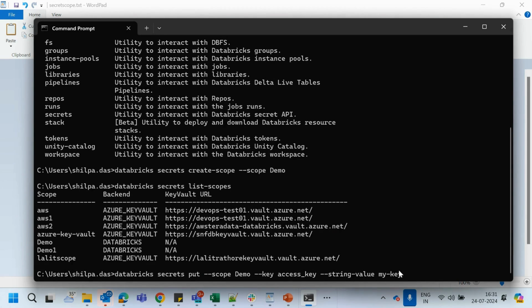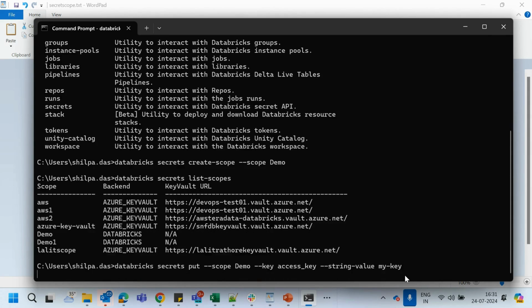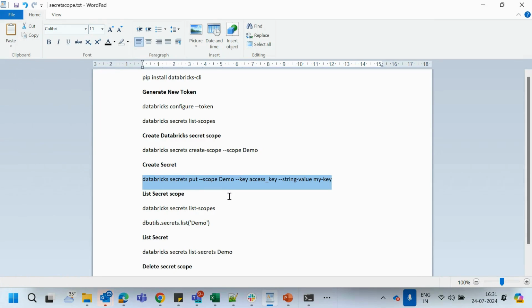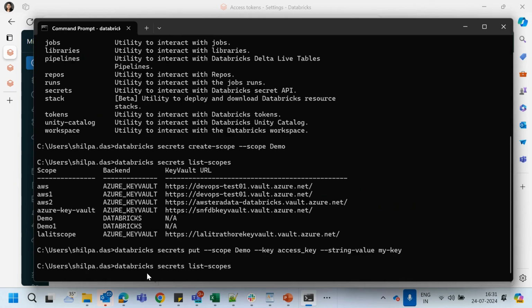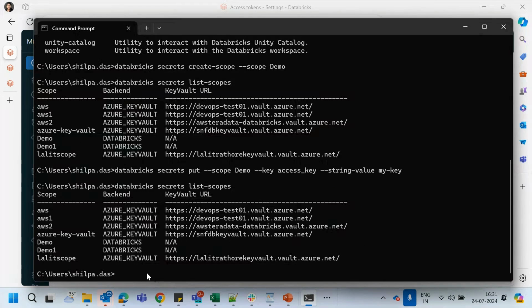So this is my key that is residing inside the access key. Once I create this particular secret, I will list my secret scope again to make sure all my secrets are ready. Then I will go back to my notebook to see whether we are able to see the Databricks secret scope or not. So it's still there. My demo is present.